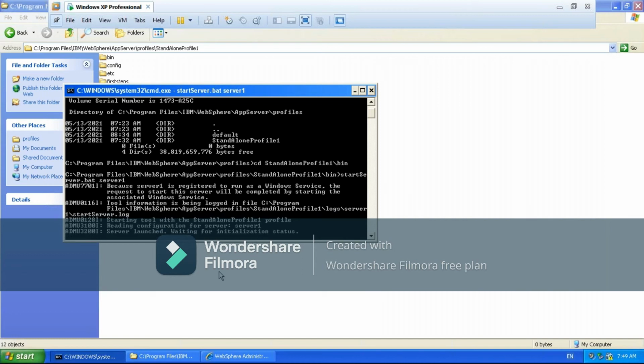Okay, and now see, we created another profile. In the same way, you can create n number of profiles, but all are going to seem the same, and no relation with each other. Each and every profile is going to work as an individual, as a standalone. That's the reason we are going to call those nodes unmanaged nodes. Once this server is started, we'll log into this console and you will get the idea of this, and then we'll close this base setup, how things are going to be, and you will be clear.